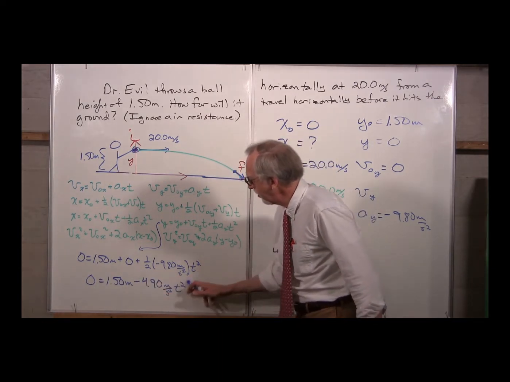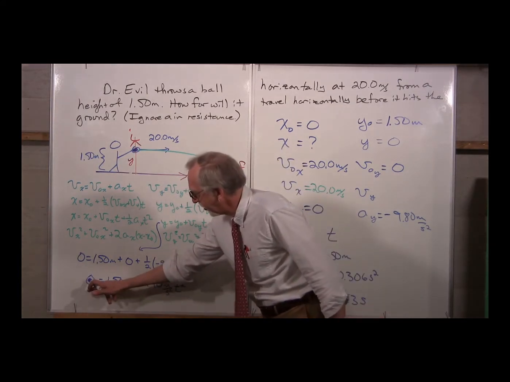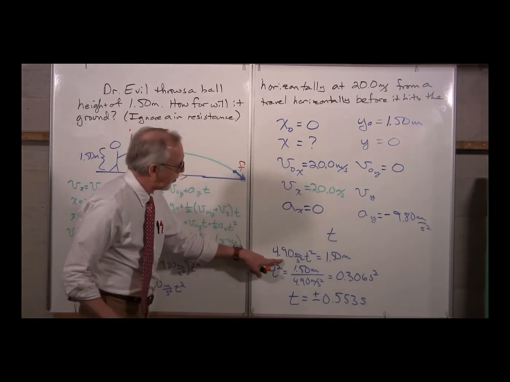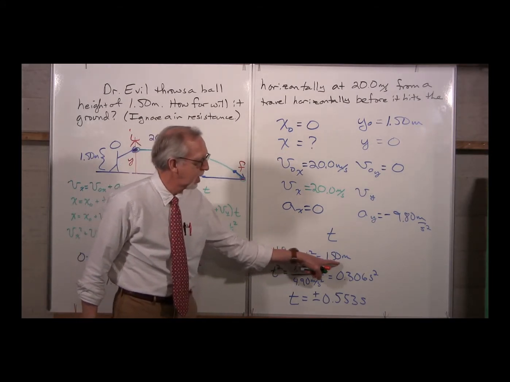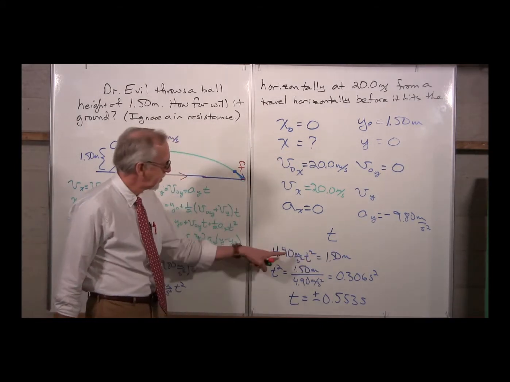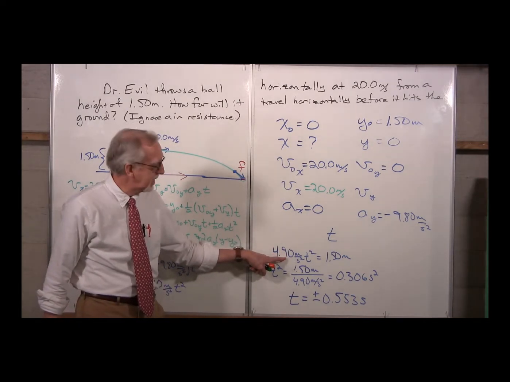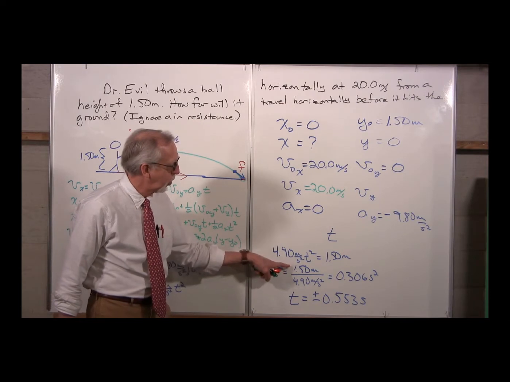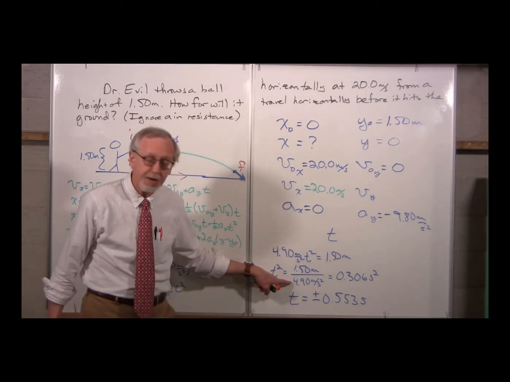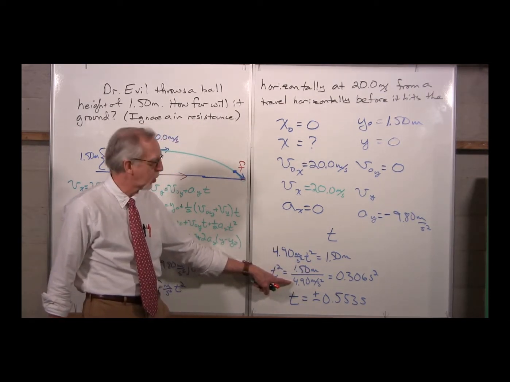Multiplying that half by the negative 9.8 gives us a negative 4.90 meters per second squared. Taking this negative term and bringing it over to the other side, we have 4.90 meters per second squared, t squared, equals 1.50 meters. Dividing both sides by 4.90 meters per second squared, we have t squared equals 1.50 meters divided by 4.90 meters per second squared, which is